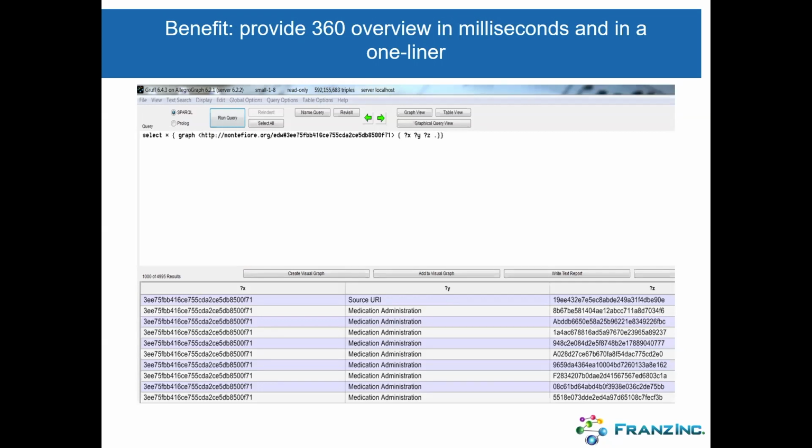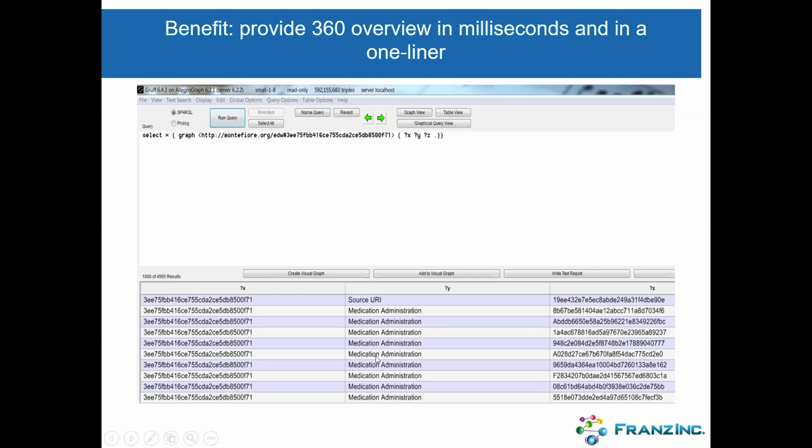The second thing is to make it very easy to get the 360 view of your patients. I told you earlier that we gave every triple in the patient tree or in the customer tree the entity ID. And that allows me then to do a simple query that says select star from the graph for this particular patient, and then give me all the triples. And then I click on this, and within a second, I get all the data about the patient. Now, obviously, this is not very helpful